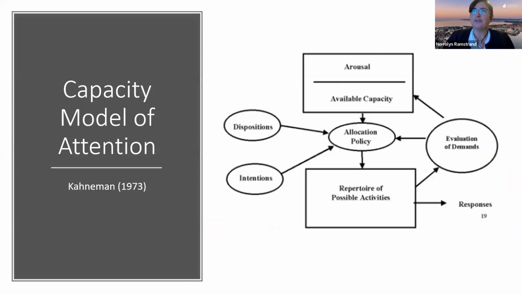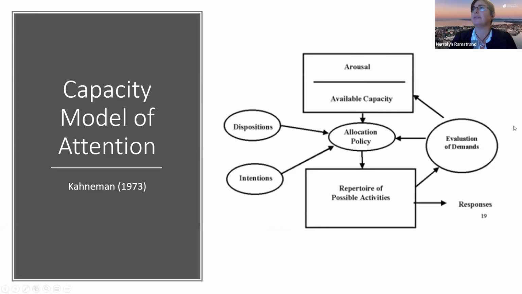Absolutely nothing new. The first model, or one of the most popular models of attention, came out in the 70s. There's a fellow called Daniel Kahneman who has written a terrible lot about attention. There are many, many models that try to describe how you allocate attention, how much attention something might take, what happens when you don't have enough attentional capacity. But most of these models are really based on Kahneman's basic principle here.